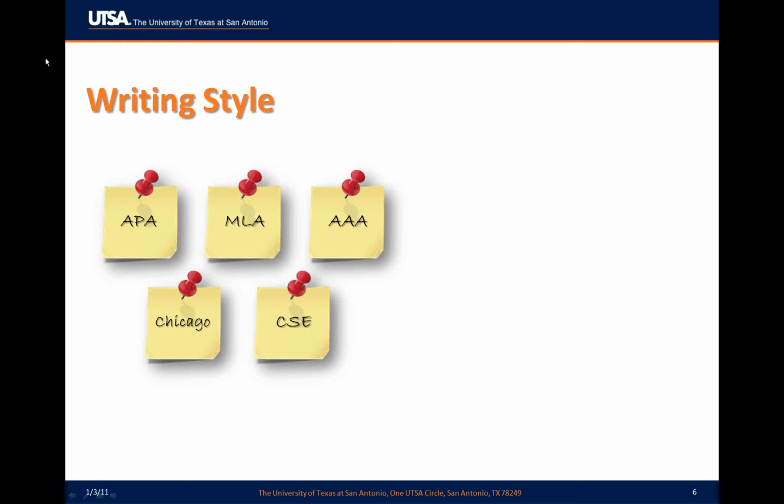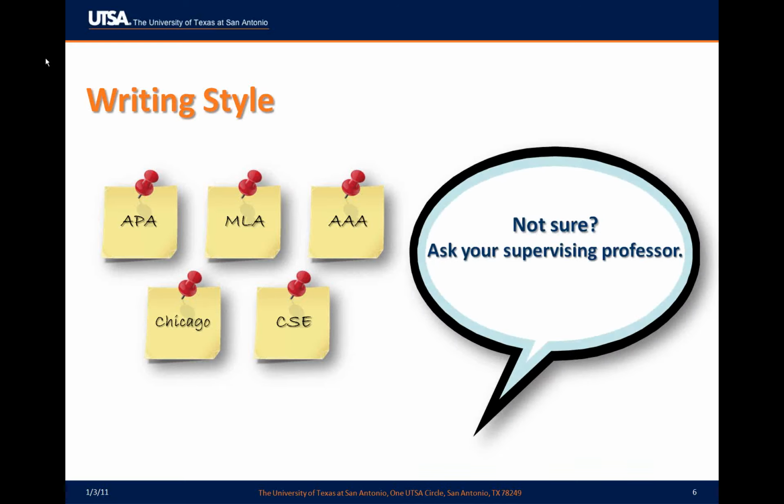If you are not sure which writing style you should be using, you should ask your supervising professor. The graduate school does not check your writing style. That's something that your committee does. So, if your committee is not sure which writing style you should be using,